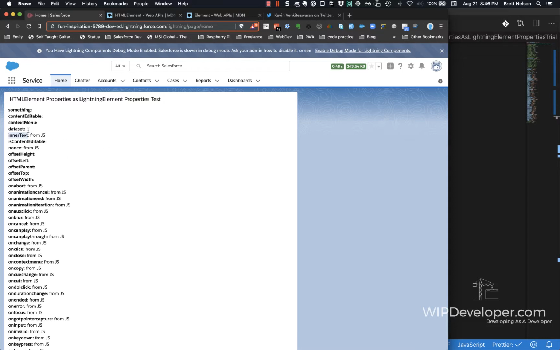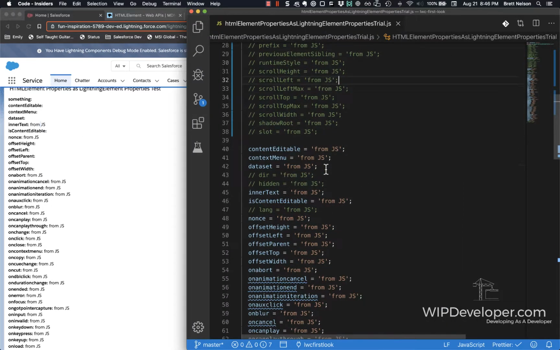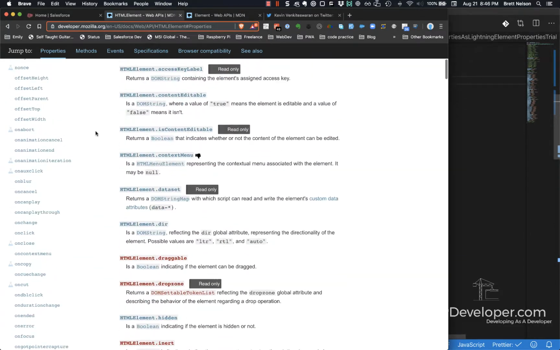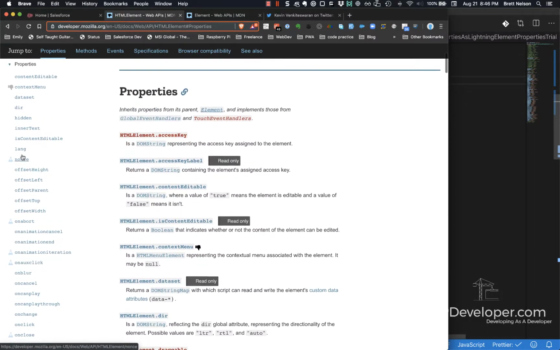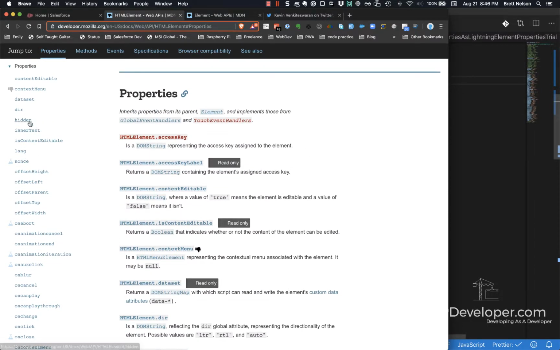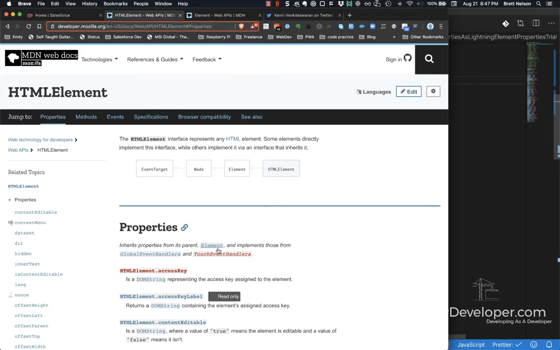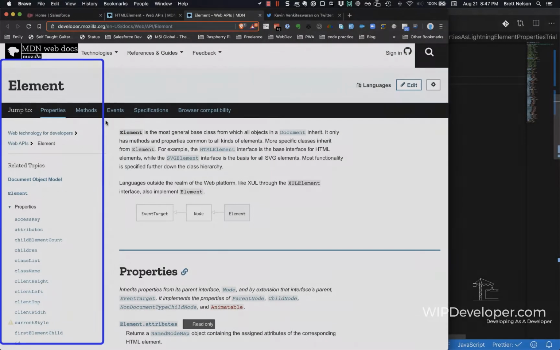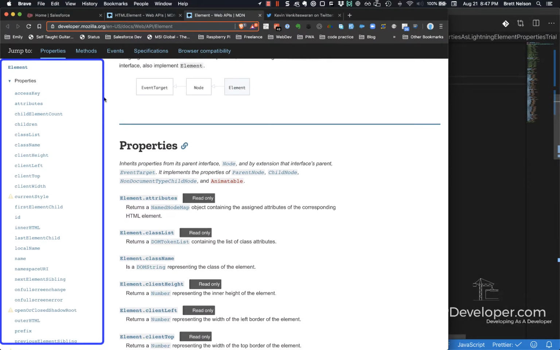Inner text does pass the value to the template, but it's probably best to avoid anything that is declared as a property on the HTML element. Side note, since ID isn't actually listed over here, it should be right before inner text. It's actually declared on the element. So not only should you avoid all of these, which probably makes sense, you should avoid all the properties declared in the base element. And those are listed also on the MDN